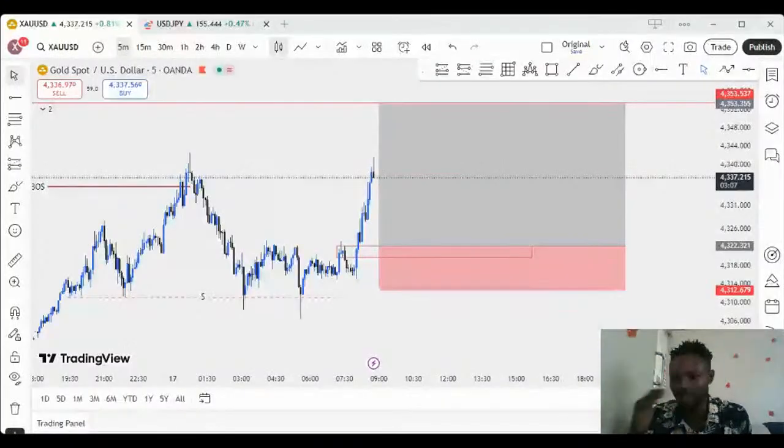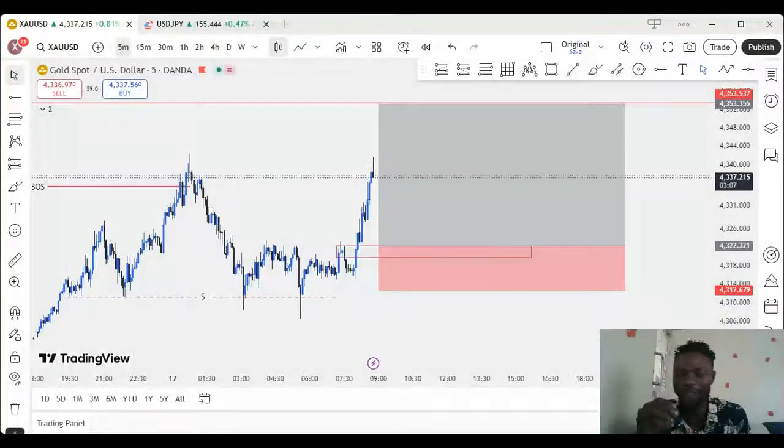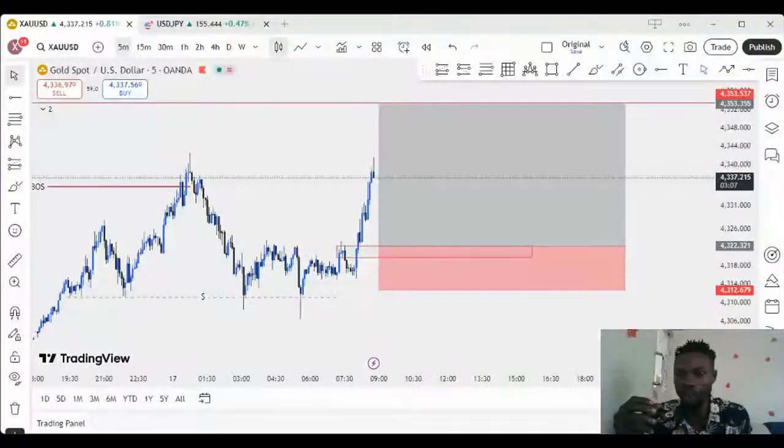Now, for you to get a sniper entry, that's when support and resistance come into play. Where is the support level? Where is the resistance level? Pick the relevant one. I've already taught you how to pick levels in the market. And if you want to pick demand zones, like I told you, demand zone and supply zone are also support and resistance levels.